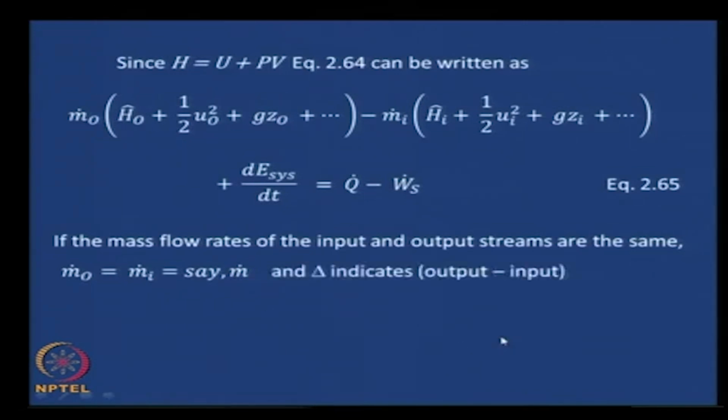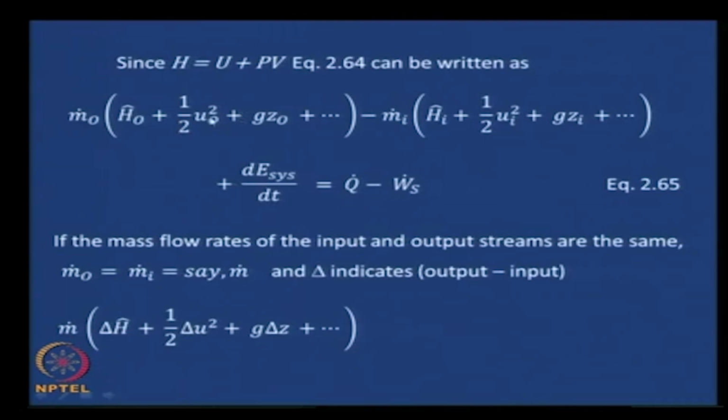If that is the case, and we indicate output minus input by the delta, you see there is an output here, there is an input here, there is a minus here. If you can indicate that by the delta, then we can write m dot take out, then ho hat minus hi hat, that becomes delta h hat,